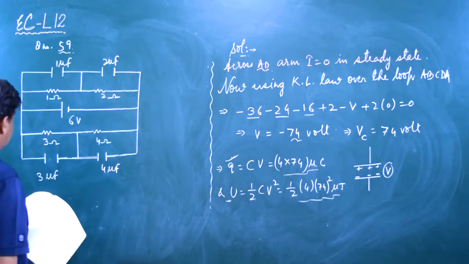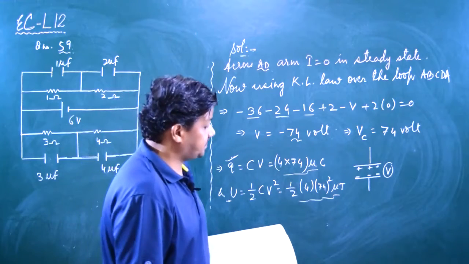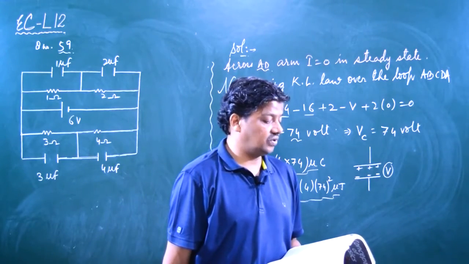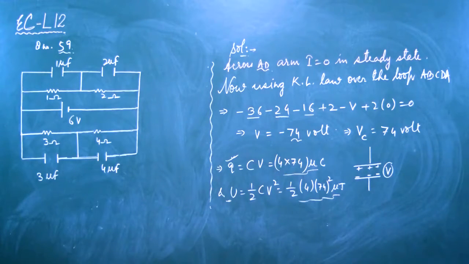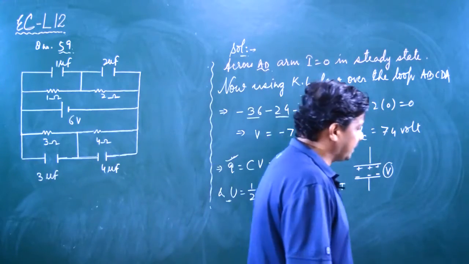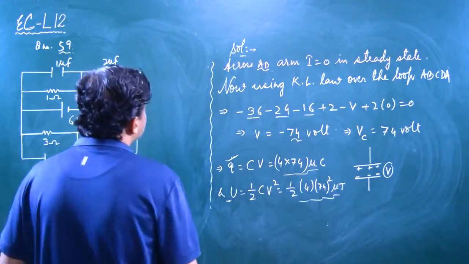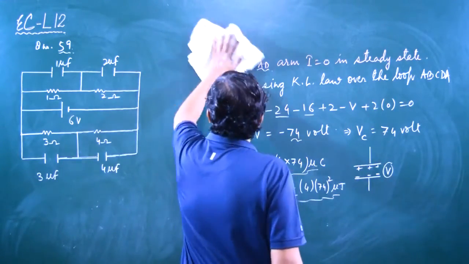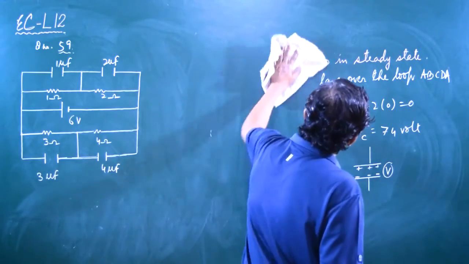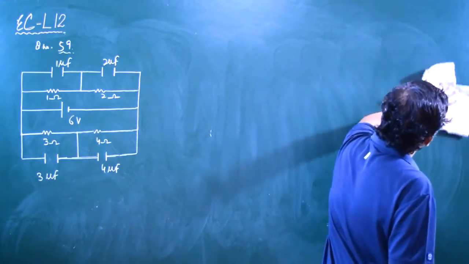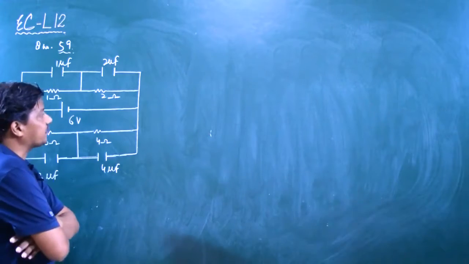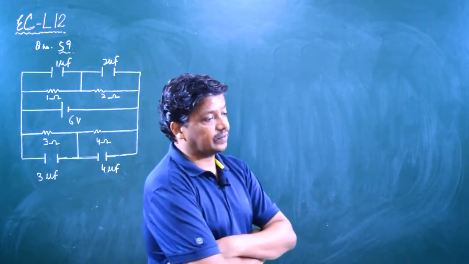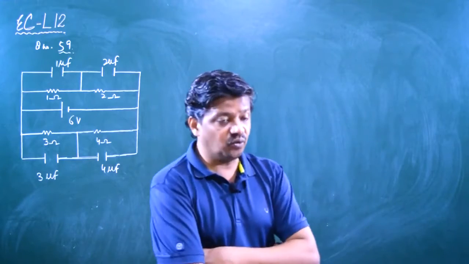Now what we have to get, find the charges on the 4 capacitors of capacitances 1, 2, 3 and 4 as shown in the figure. Okay. Across these capacitors we have to get the value of charges, and the circuit is in the steady state. Okay. See what we have to do, since in steady state charges across the capacitors are maximum, that's why current across the capacitors are 0. So capacitors are removed from the circuit.